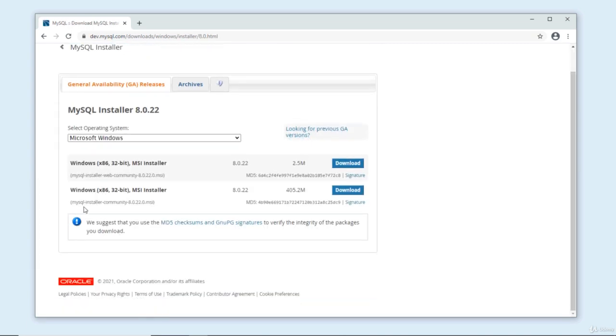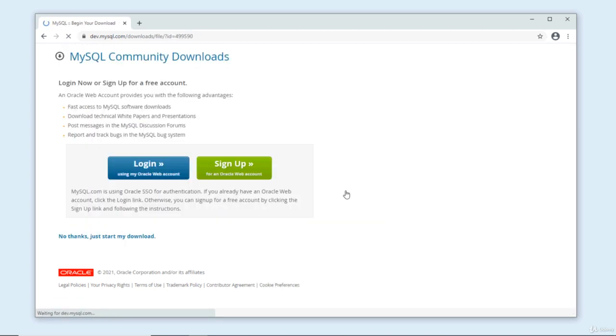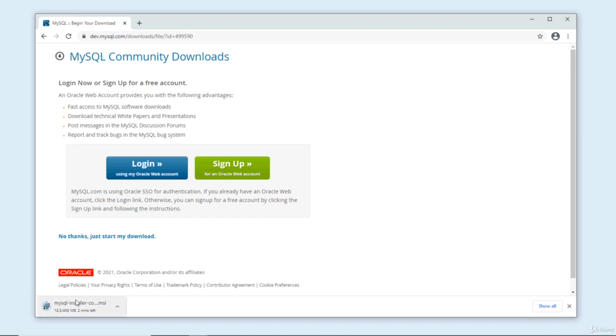and click the download button of the last item for MySQL installer, and the first item is for MySQL installer web version. So click download button here. No thanks, just start my download. And we are downloading the installer program for MySQL database for Windows operating system. Okay, the download is complete. Click show in folder,